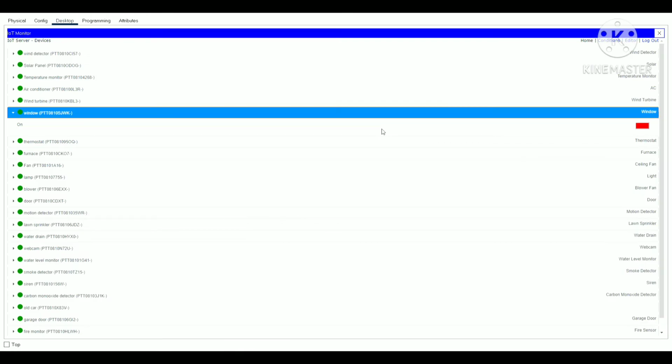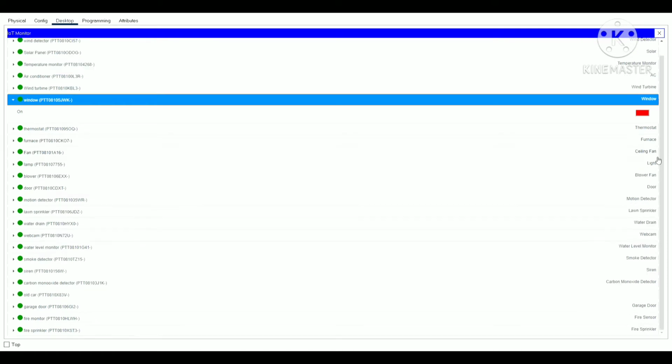The devices can also be controlled with the help of this key. So when we move the mouse pointer to the mobile phone, and then point to the desktop tab, and then go to the IoT monitor, this type of screen gets opened. In this screen we can see the various types of IoT devices connected to the home gateway, like the wind detector, the air conditioner, the lamp, the blower, the door. All these IoT devices are connected to each other.